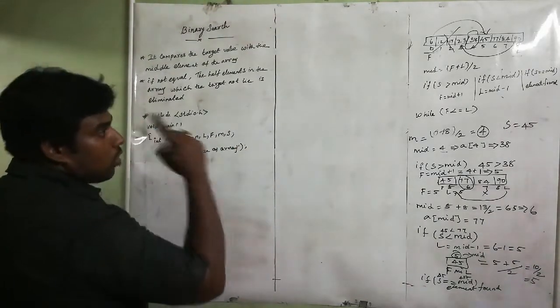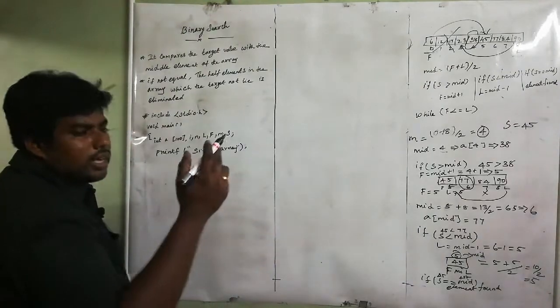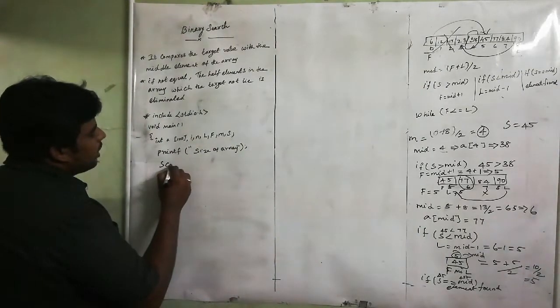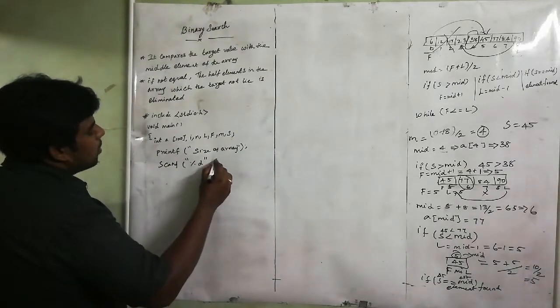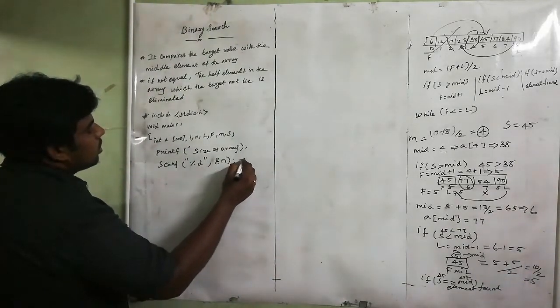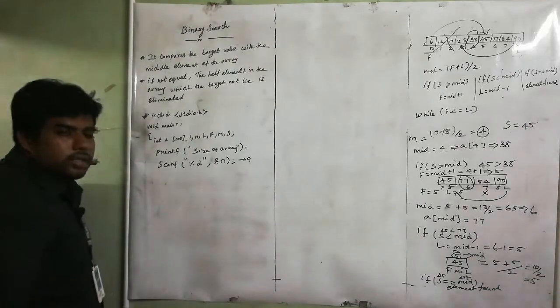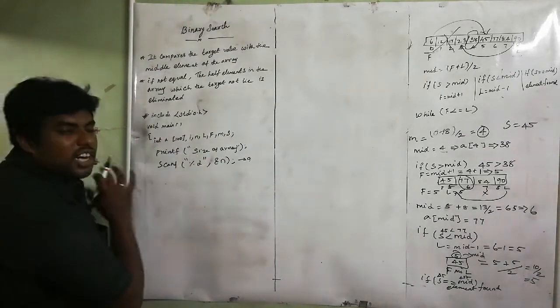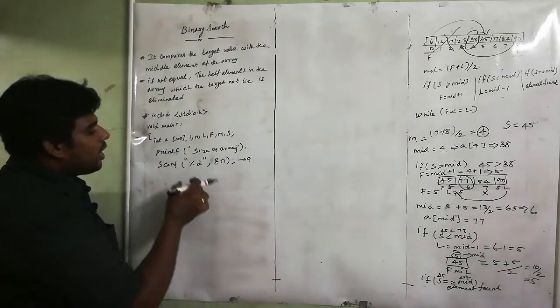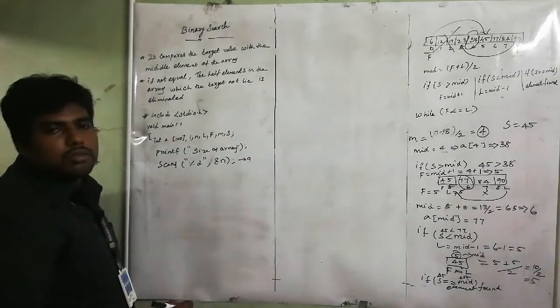Here how many elements am I taking? 9 elements. So scanf, get the input. Scanf %d, comma, ampersand n. 9 elements total. So I got the input for n, that is the size. Totally 100 blocks were allocated, and in that I am going to take 9 elements.